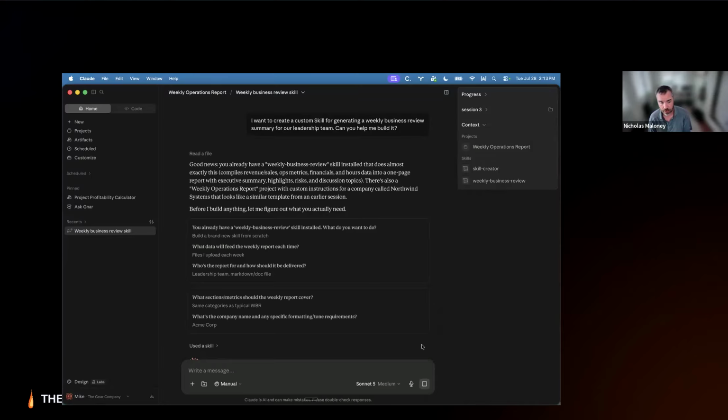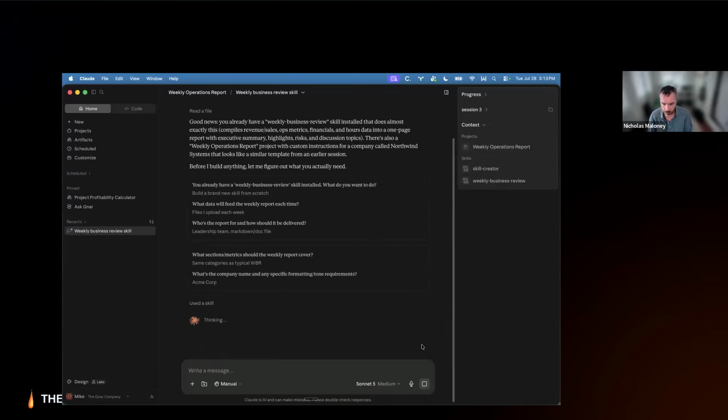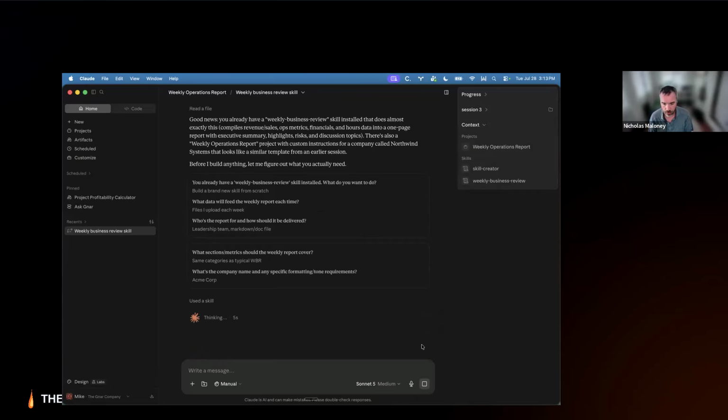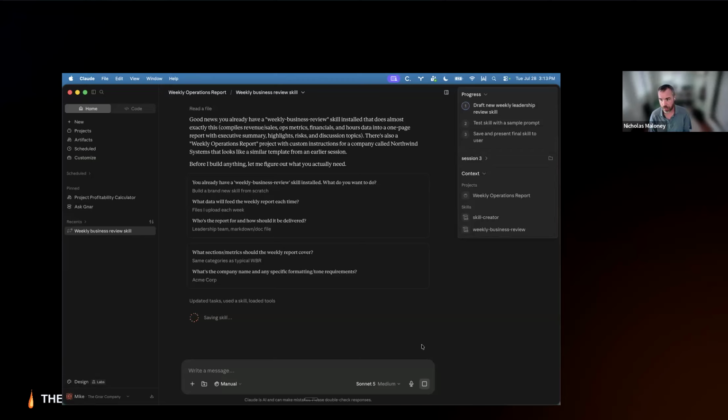Sometimes it needs some Python or JavaScript code, but it'll create a folder with the skill markdown file and any corresponding code. If you wanted to share it with team members, the simplest way is to right click on it, create a zip file, and then in Claude, there's a skill configuration, and you would just upload the skill and add that zip file. And you could share that zip file with other team members, and they'd have access to that.